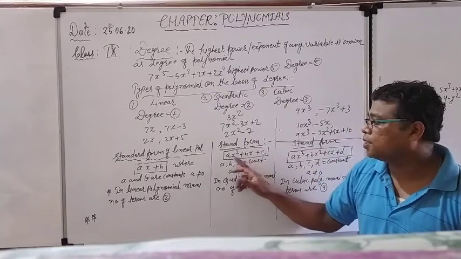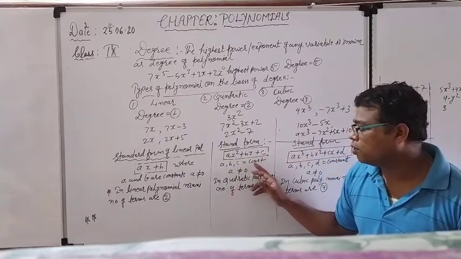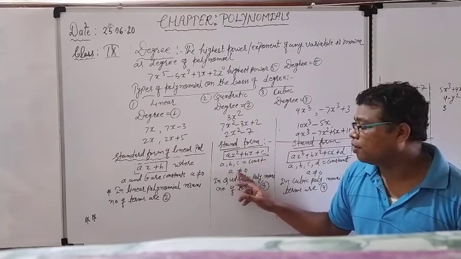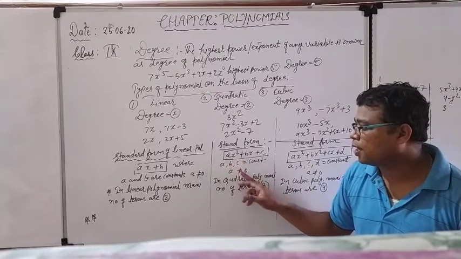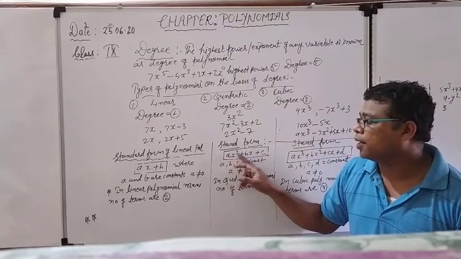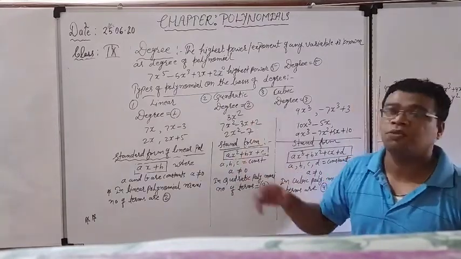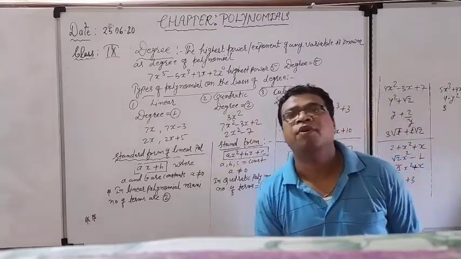Here a, b, c are numeric values, and these are known as constants. C-O-N-S-T, constant. I have written it in short form, no problem. And what is the condition? This a, the coefficient of x square, should not be equal to 0. Again same thing, if this a is 0, then x square will become totally 0, and in this way the degree is not maintained at 2, and the existence of the quadratic polynomial will be finished.